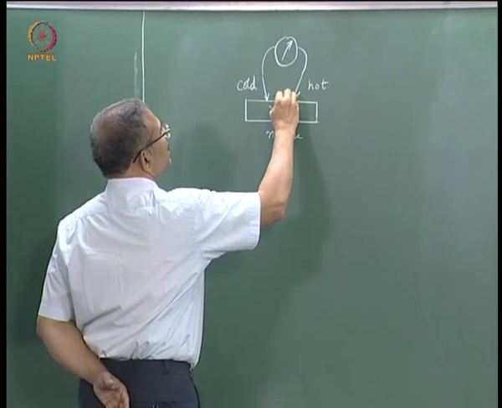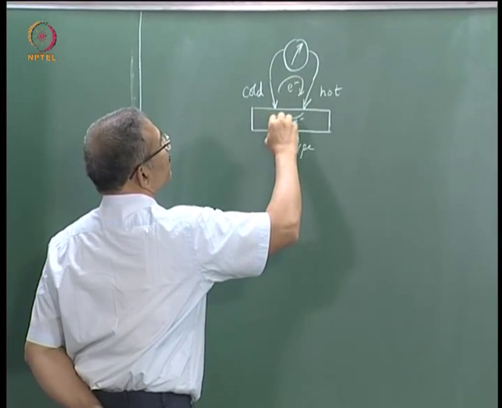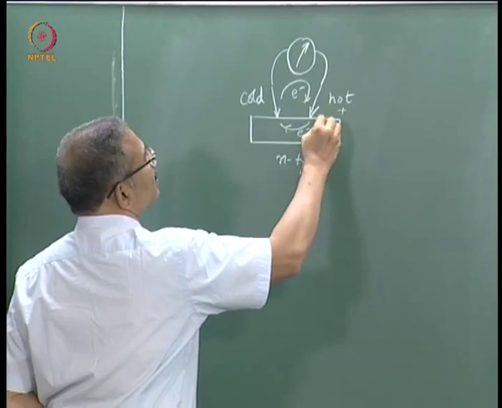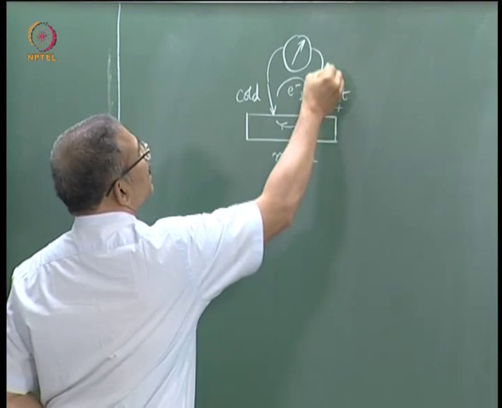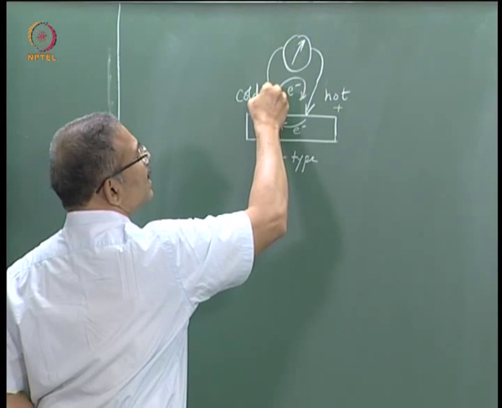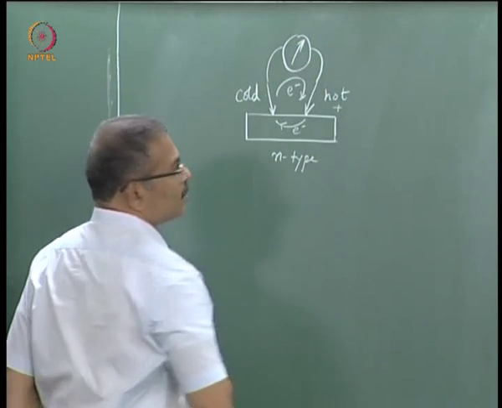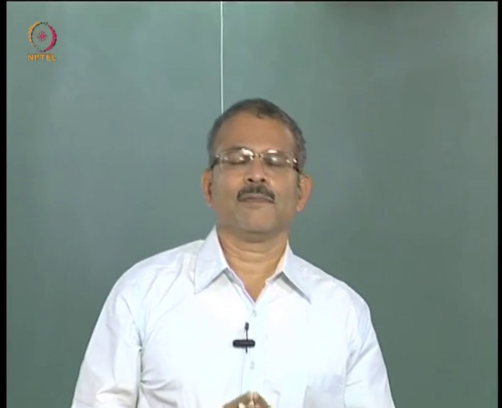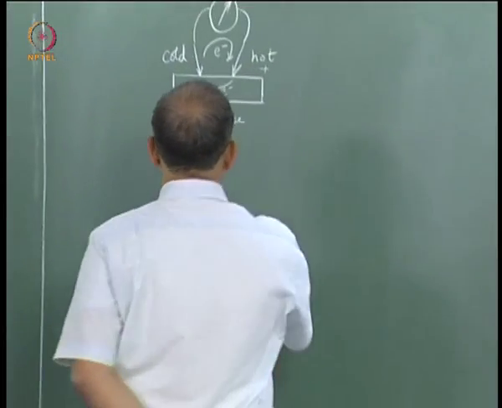So when the circuit is completed, outside also the electrons move like this. Which means the hot end is positive and the cold end is negative. So the conventional current will flow from the hot end to the cold end outside the semiconductor. Now, by looking at the polarity of the current, we can figure out the polarity of the sample. So look at this again here.